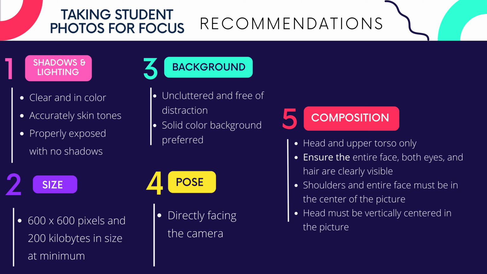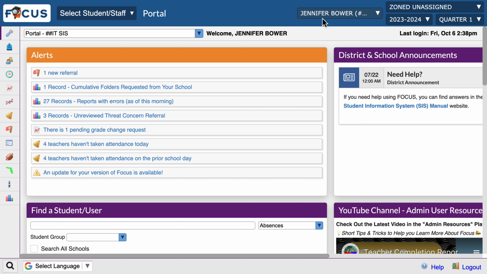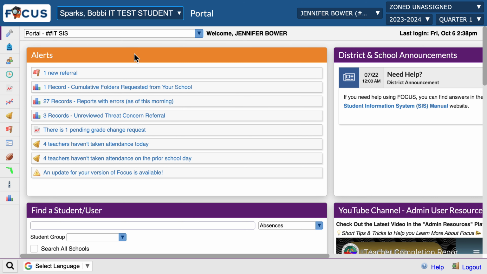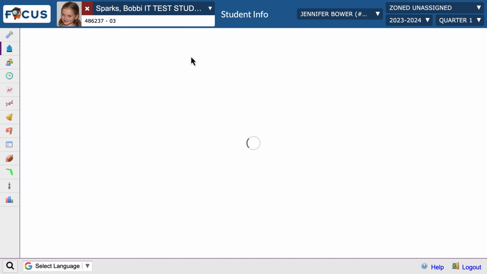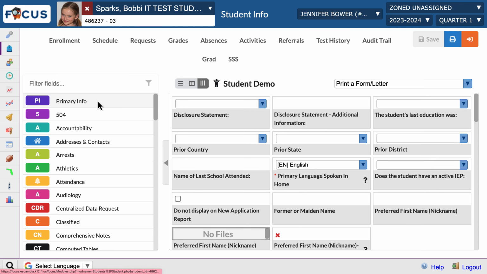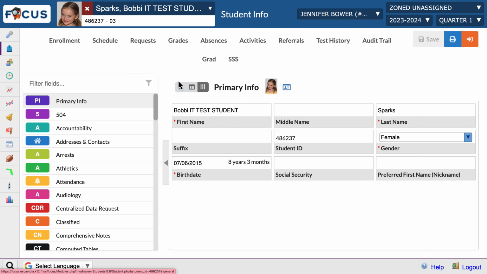Now that we've reviewed the recommendations and guidelines, let's look at how we'll do this when we're inside our Focus account. On your Focus portal page, you can use the Student Quick Search to search for a student that needs a photo updated. I'm going to enter my student's last name in and select their name from the list. Once that information loads, go to the Primary Info tab. On the Primary Info tab, you'll see the student photo. If I hover over it, I can see when the photo was last taken, as well as click the pencil